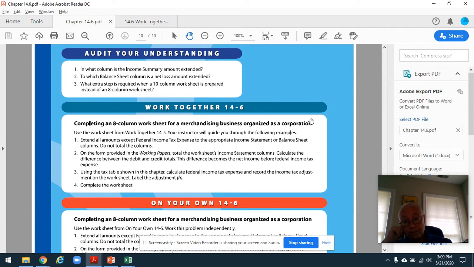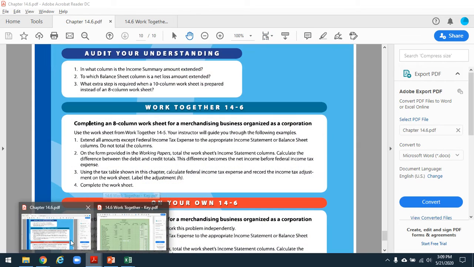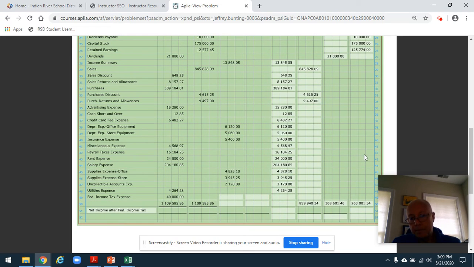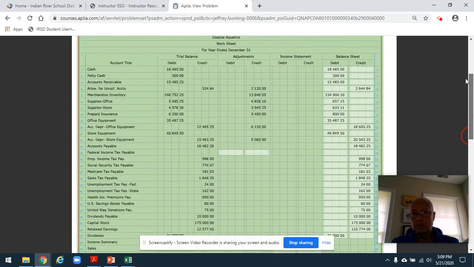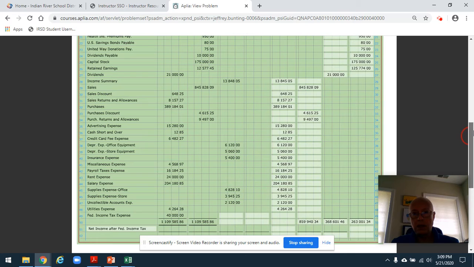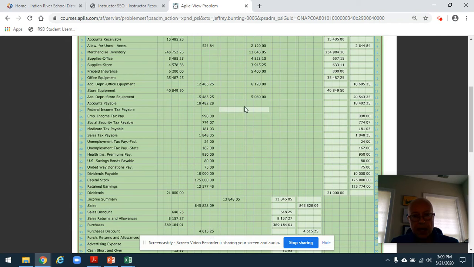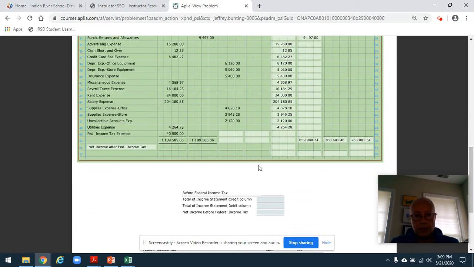So let's go through and let's show you how to do this in practice. I'm going to bump over to ACCIII, and I'm going to finish this thing off. All right, here we go. So here's where we are. I've extended all the balances over for the balance sheet section as well as the income statement section. Again, notably, what's missing is the income tax payable liability, and then what's missing here is the federal income tax expense, and also what's missing here is the adjusting entries total, the total for the income statement columns,